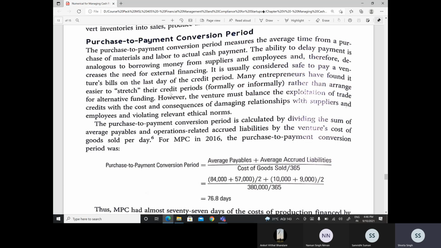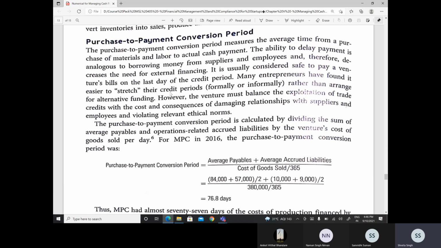The purchase to payment conversion period measures the average time from a purchase of materials and labor to actual cash payment. The ability to delay payment is analogous to borrowing money from suppliers and employees, and therefore decreases the need for external financing. It is usually considered safe to pay a venture's bills on the last day of the credit period. Many entrepreneurs have found it easier to stretch their credit periods, formally or informally, rather than arrange for alternative